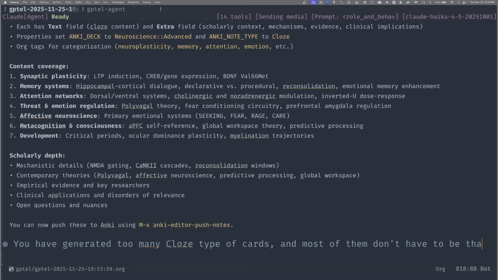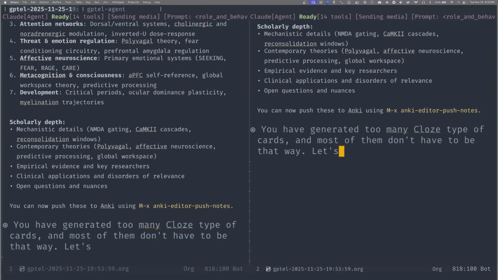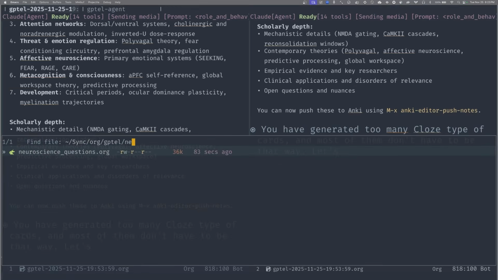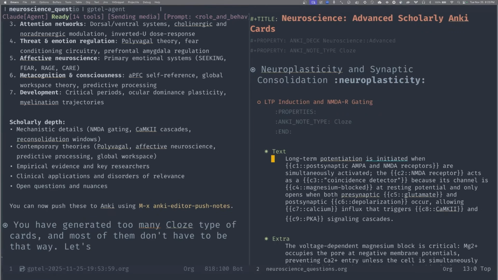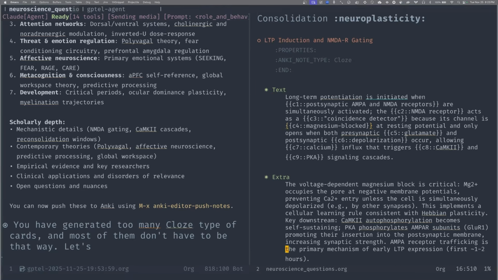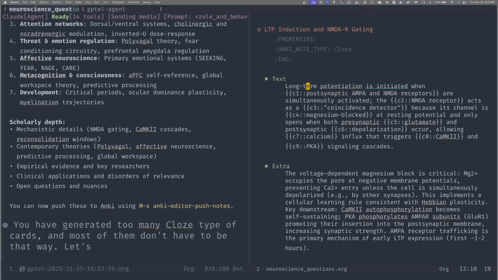Okay, so I should mention what a cloze is to someone who's not familiar with Anki or spaced repetition. Let's actually go find that file, neuroscience questions. I have weird indentation because of my hijacked font. So basically, the cloze card will show the card with the text. I probably could sync these to my collection and show them in the Anki card app, but I don't want to waste time even starting it.